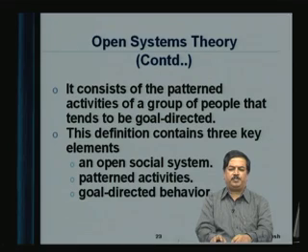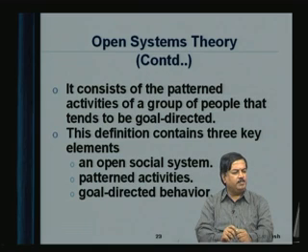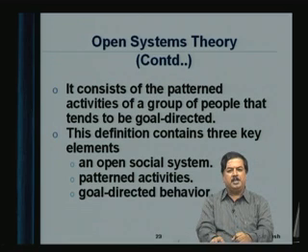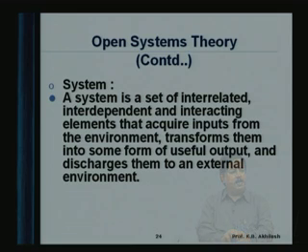What are we talking about? It consists of the patterned activities of a group of people that tends to be goal directed, and this definition contains three key elements: an open social system, patterned activities, and it is always goal directed behavior. All three can be elaborated. A system means a set of interrelated, interdependent and interacting elements that acquire inputs from the environment, transform them into some form of useful output, and discharge them to